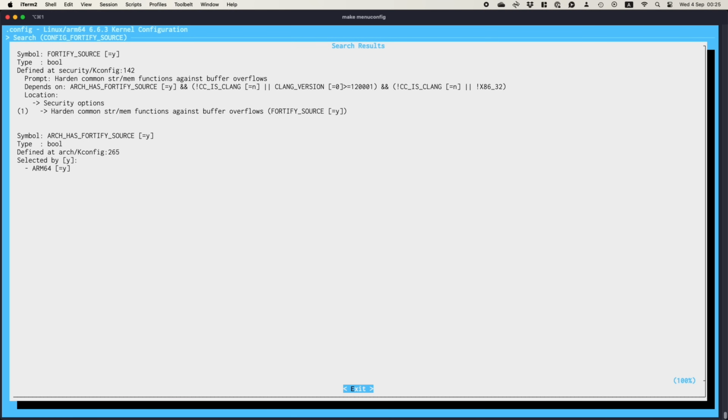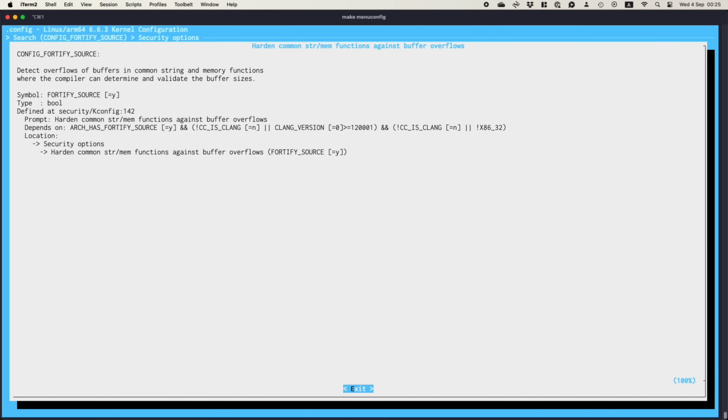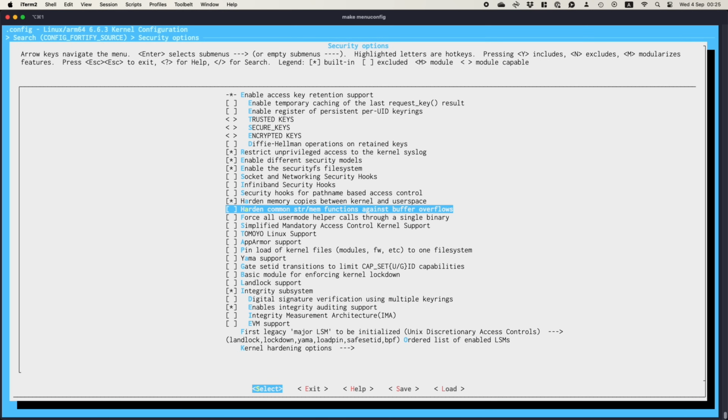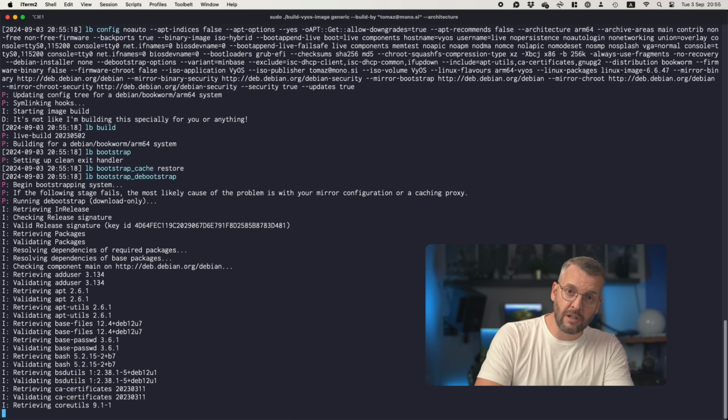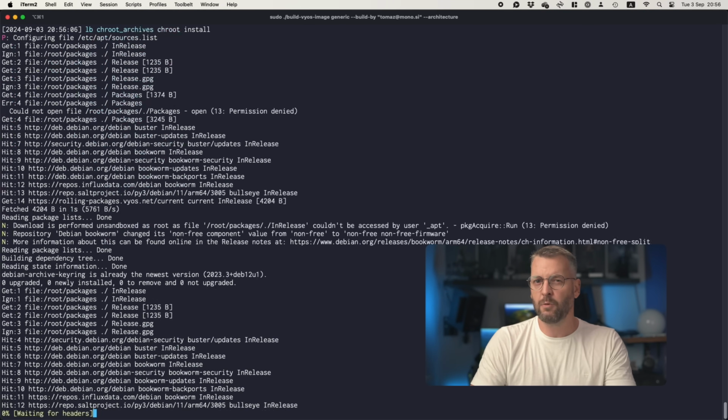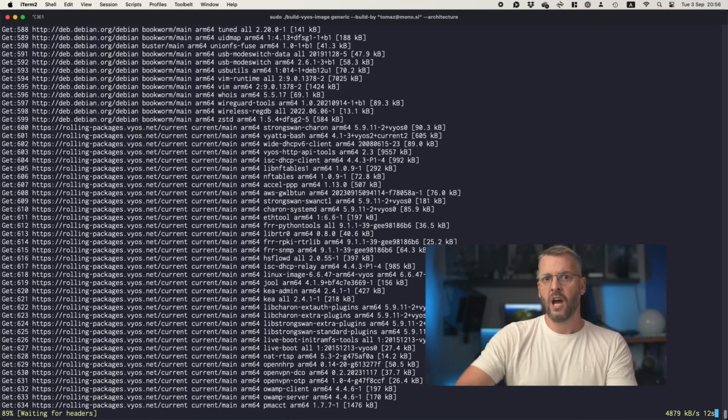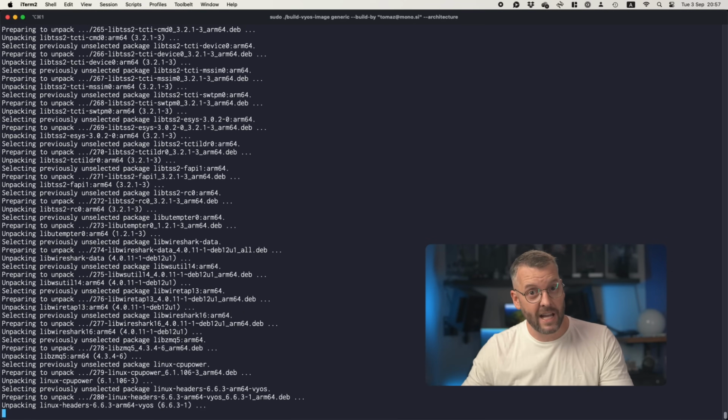I don't know what it does. I don't care. 15 tries of building the kernel still means 15 times 10 minutes for each run, and I just didn't want to spend more time on this. Instead, now that the kernel was finally compiled, I went back to the VyOS build script and ran it with this new kernel now in place